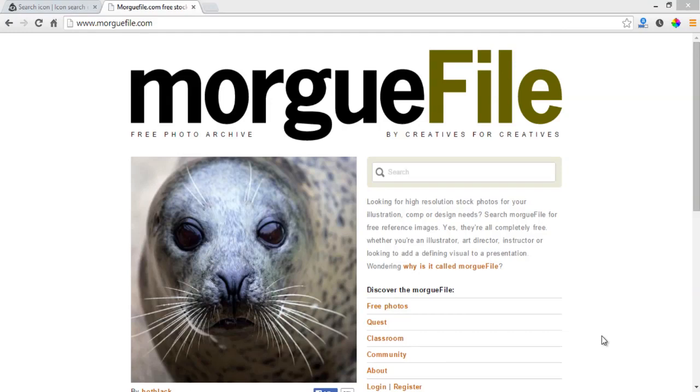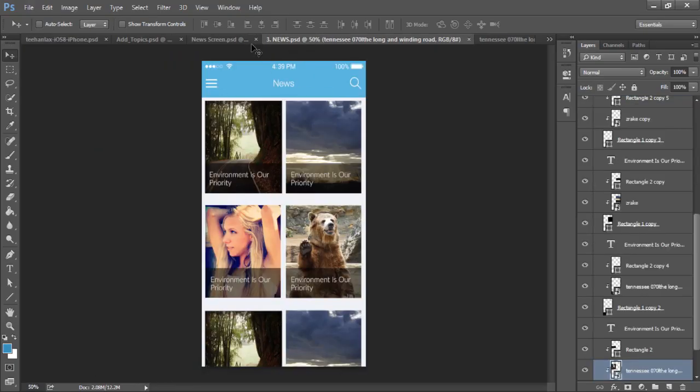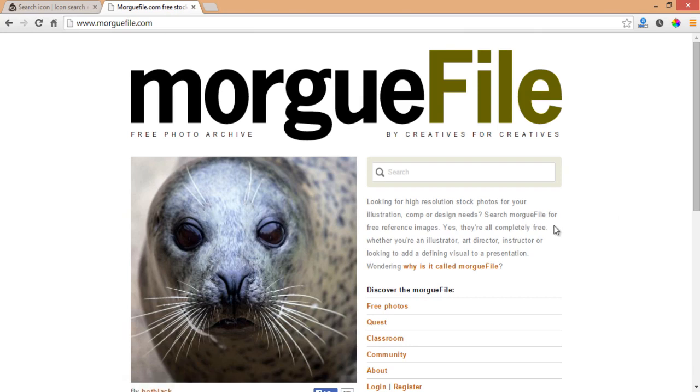Creating image box. So in today's lesson we are going to create an image box just to show what the image is of the news and to better demonstrate what I'm talking about. We firstly need to download an image, right? So I have this